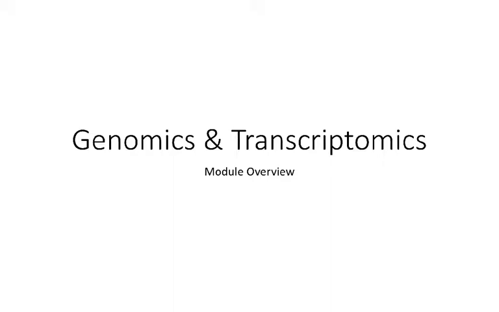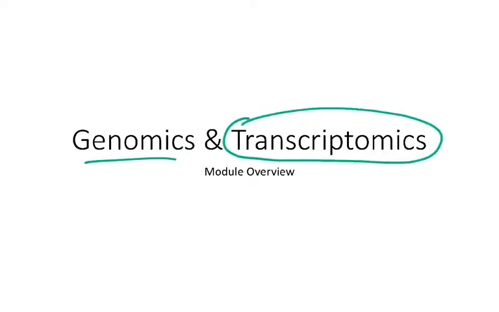So we've been talking about high throughput sequencing throughout the semester, but we've been focusing more on the genomic side. So what we're going to do in this module is first of all delve a little bit deeper into the genomics in terms of what the actual workflow is, and then we're also going to focus on this other type of high throughput sequencing called transcriptomics, and with that approach what we're doing is using high throughput sequencing, but instead of looking at the sequence of genes for SNPs or something like that, we're actually looking at the expression level